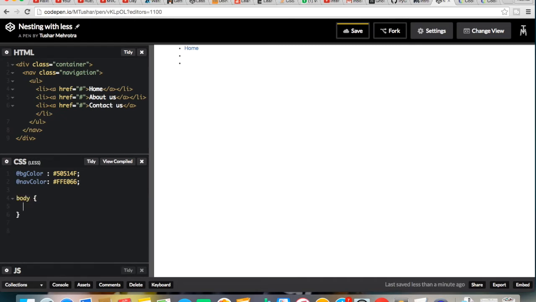First of all, I'll give some color to the body. I already have one. We have already discussed how to create and use variables in Less, so that is what I'm doing.